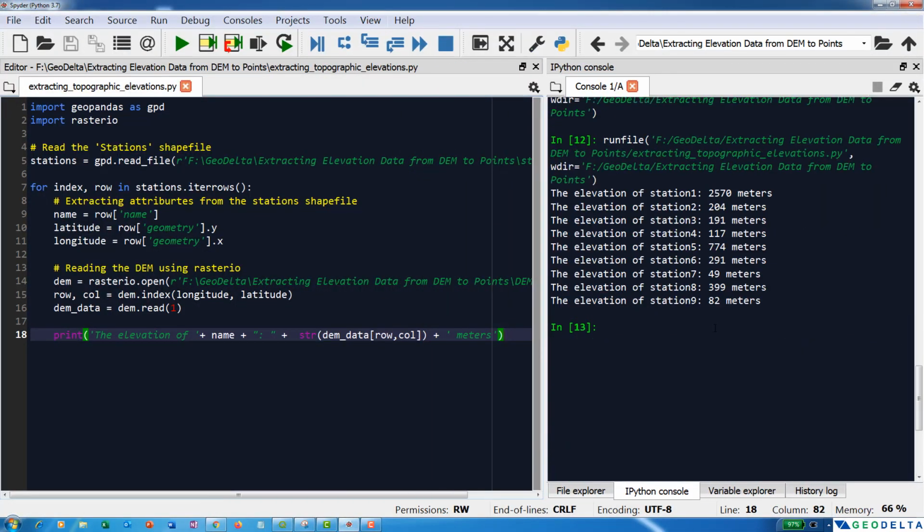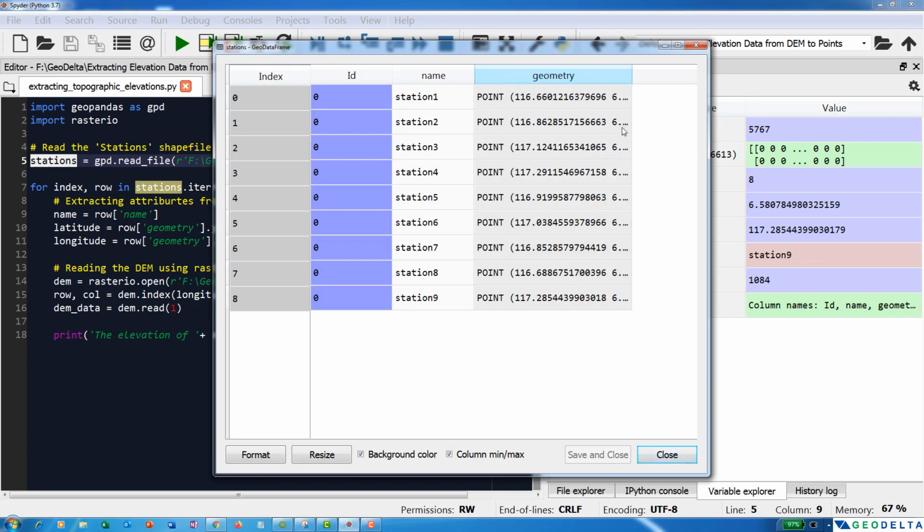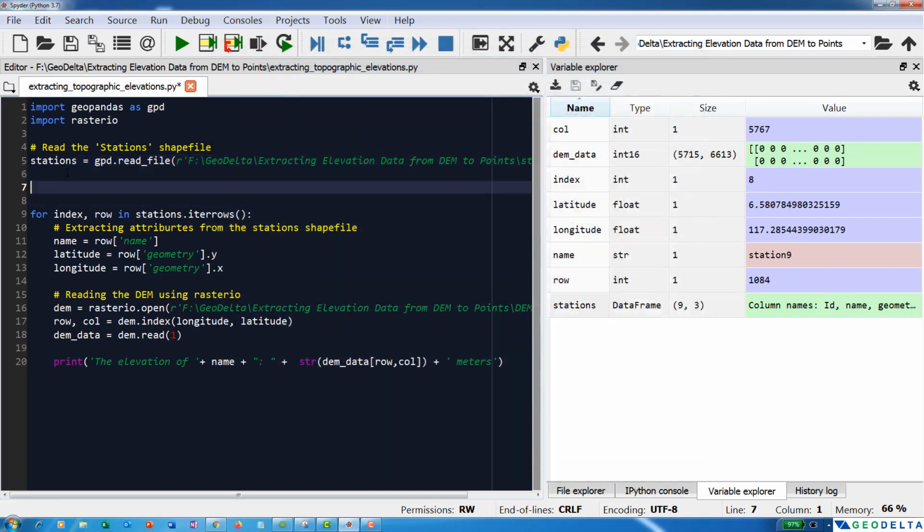Now, instead of doing this, if you would like to save this information into a specific CSV file, or do some further manipulations, you can use the same stations shapefile which you generated before. If I go to the Variables Explorer and open this stations geodata frame, during each iteration I can create one new column called elevations, and record each and every elevation extracted during this loop into that column. That will be quite neat, so we don't have to worry about creating different pandas data frames or anything like that. In order to do that, I can go over here